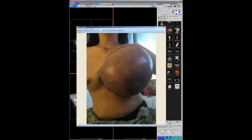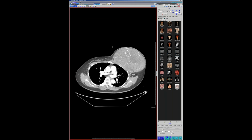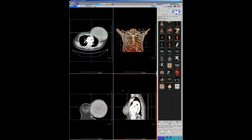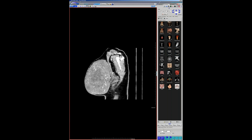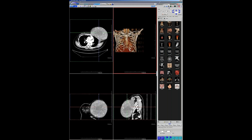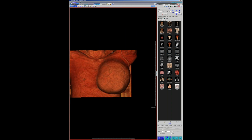So this is what it looked like on visual inspection. And this is what it looked like on the CT, quite a large tumor, very, very vascular. And this was a malignant phyllodes tumor. And one of my colleagues told me that these can grow quite rapidly. But again, you just wonder at what point you decide to come and get medical help, given the